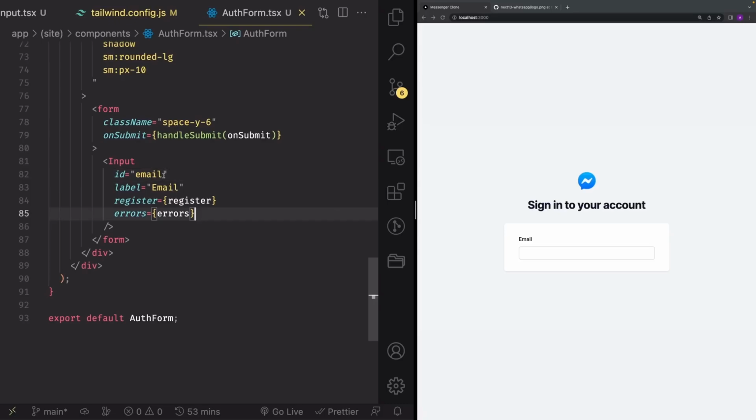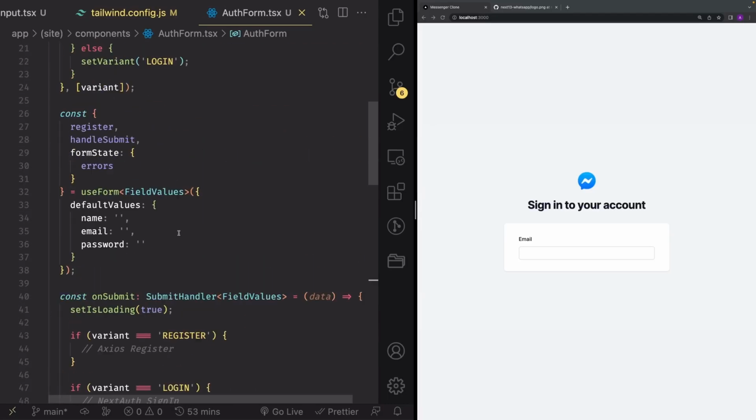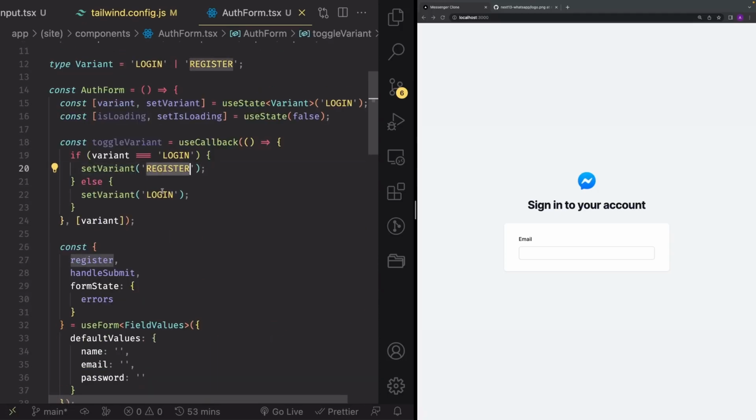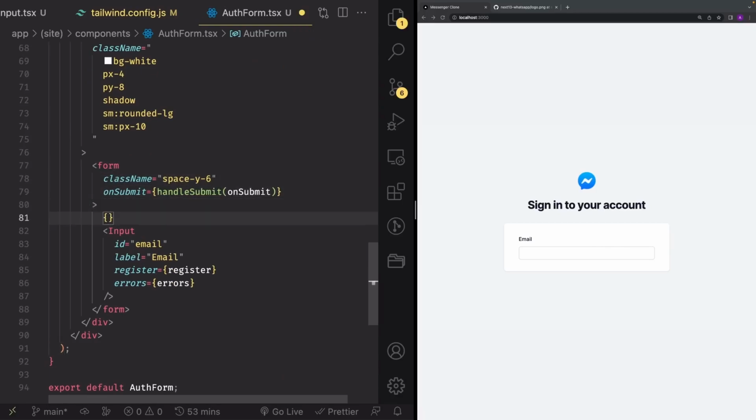Alright, let's go back into our form now, and let's actually modify this a little bit. So instead of just writing email, we're going to write different things depending on the variant that our form is. So our variants are either register or login. So let's go ahead inside of this form object right here, and I'm going to write a dynamic here. So variant is equal to register and